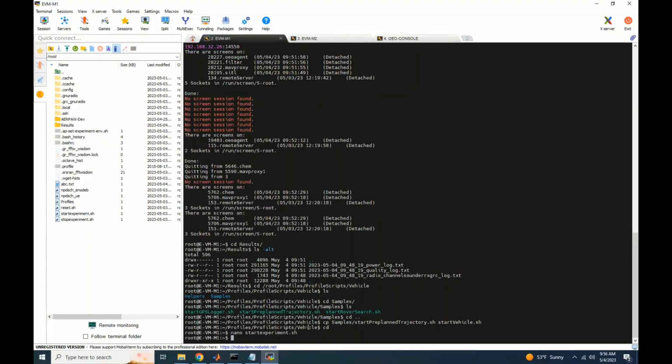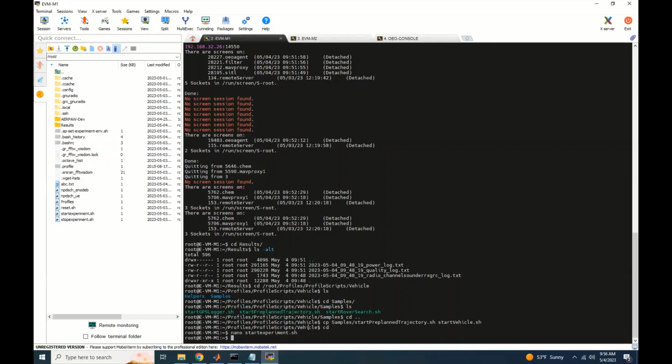So now, so far we have run the channel sounder experiment without vehicle. We started experiments on both EVMs, and then we stopped them, and then we reset the CVMs and the channel emulator VM. Now we added in the portable node a vehicle application as well. So we will start experiments similar to the previous one,